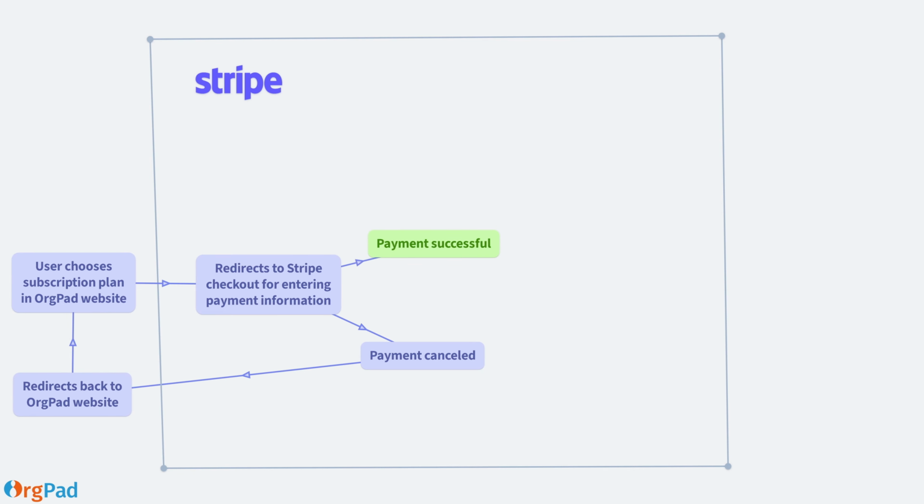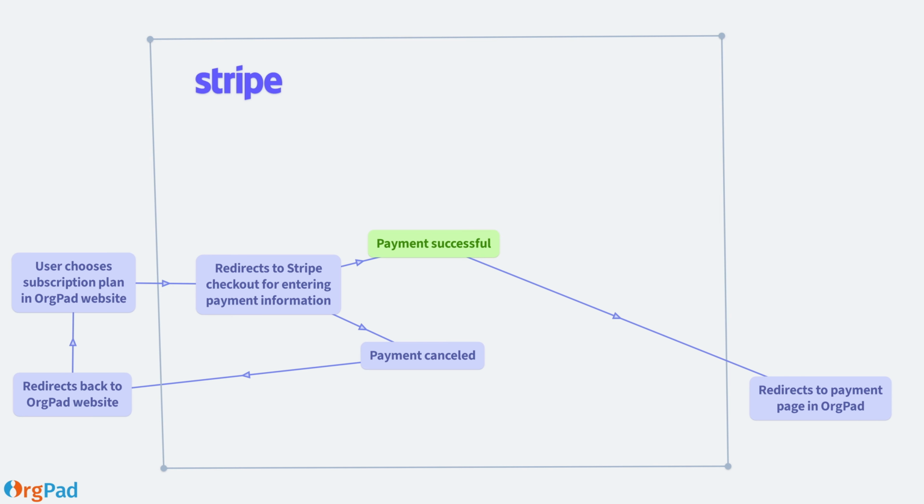The user is then redirected to the Stripe checkout page to enter credit card information, which we are not certified in OrgPad to handle directly. If the user cancels the payment, he is redirected back to the OrgPad checkout page. If the payment is successful, he is redirected to the OrgPad payment page containing information about the ongoing subscription.